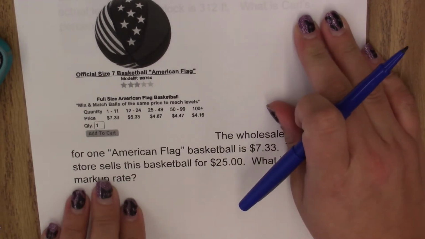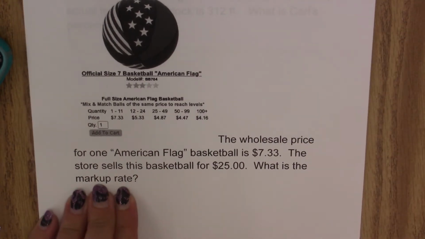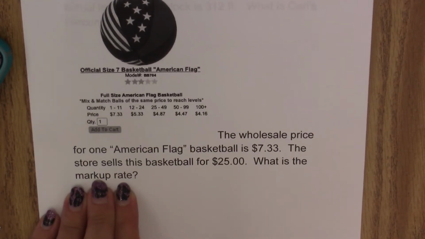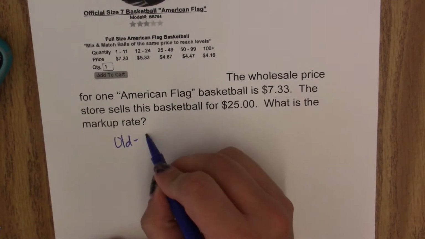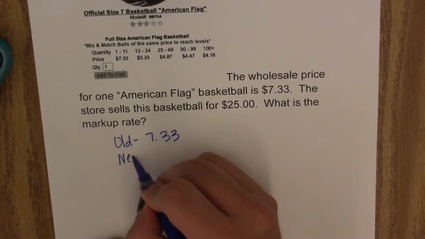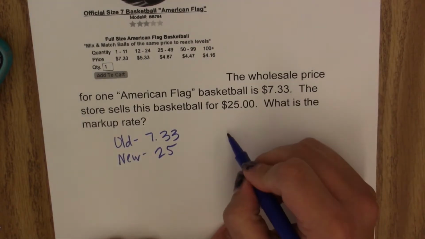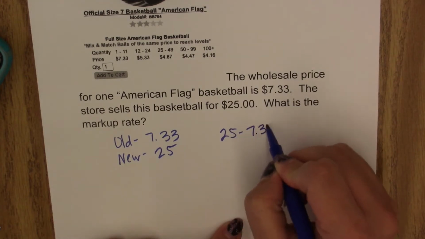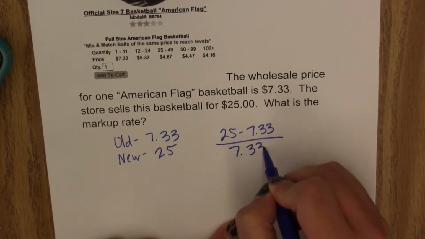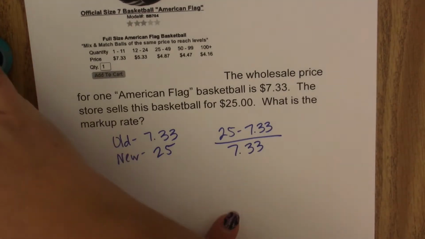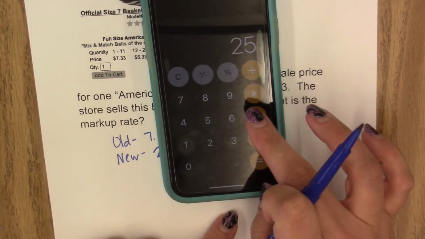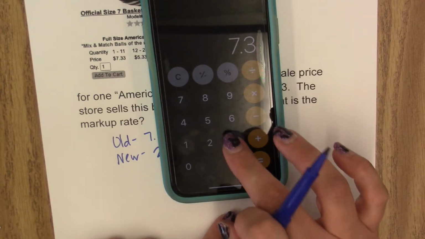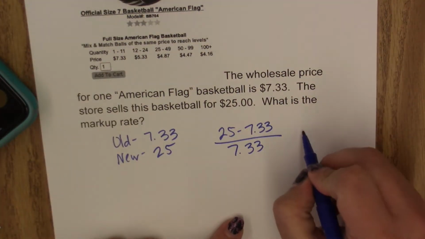So we're looking at how much it was marked up, or the percentage that the price increased by. So for this, we could use our song to help us out to find that percent change. So we're going to take our old value, which was the original cost, and our new value, which was 25. So we're going to take our old and our new and subtract the two and put it over the original. All right, when we do 25 minus 7.33, we get 17.67